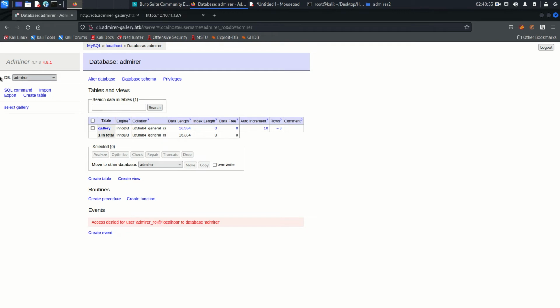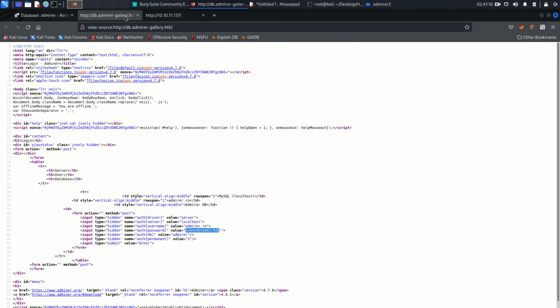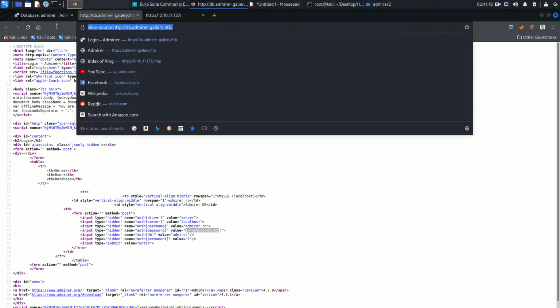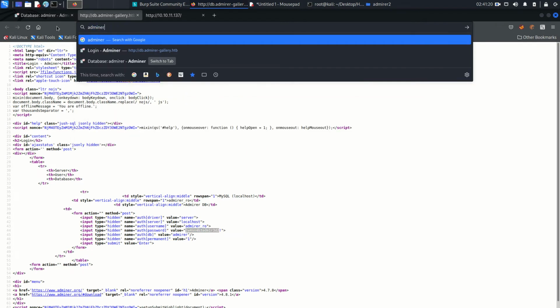If you see the database, only two databases are here. One is Adminer and another one is information schema, and you cannot actually guess what database is running with the application. Fine. So I'm going to find out the vulnerability for Adminer